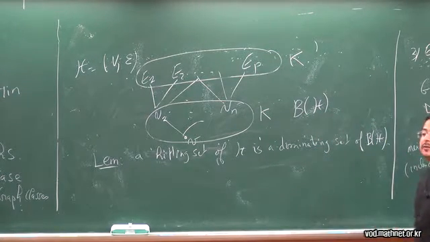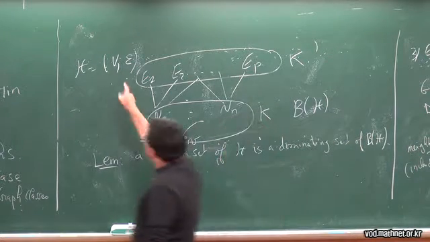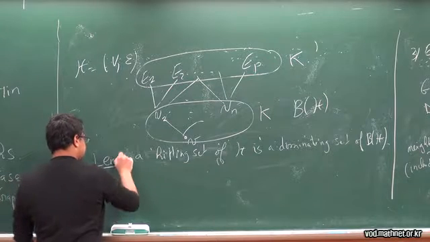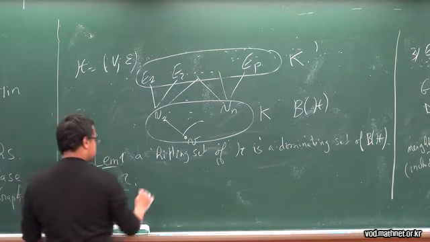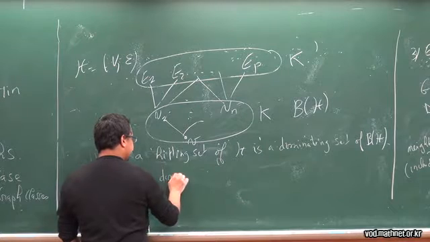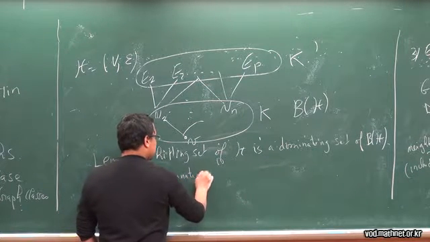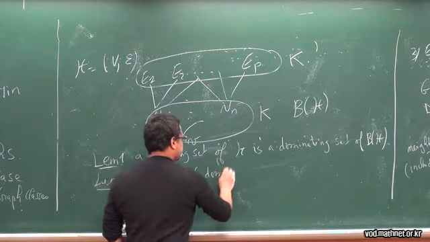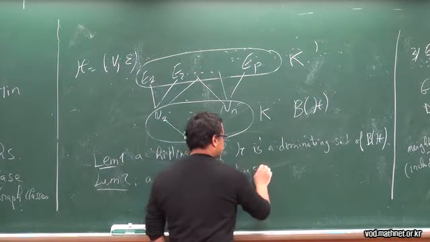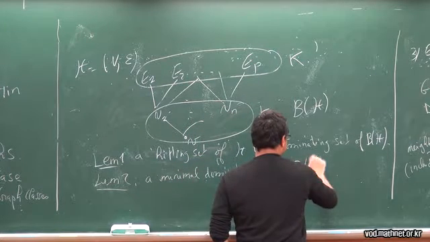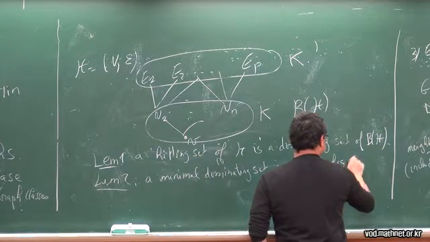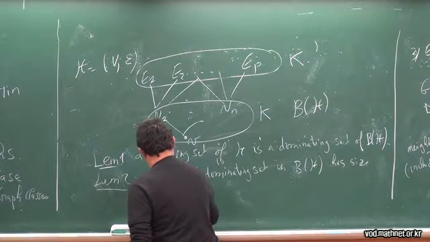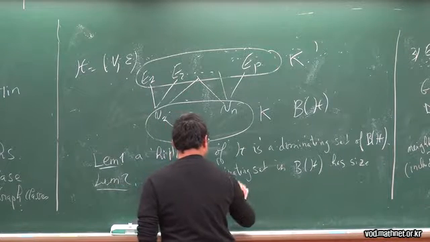Is a dominating set of B of H. So that means if you have a minimal transversal here, you will have a minimal dominating set because of this lemma 2. So a minimal dominating set in B of H has size either 2 or is a minimal hitting set